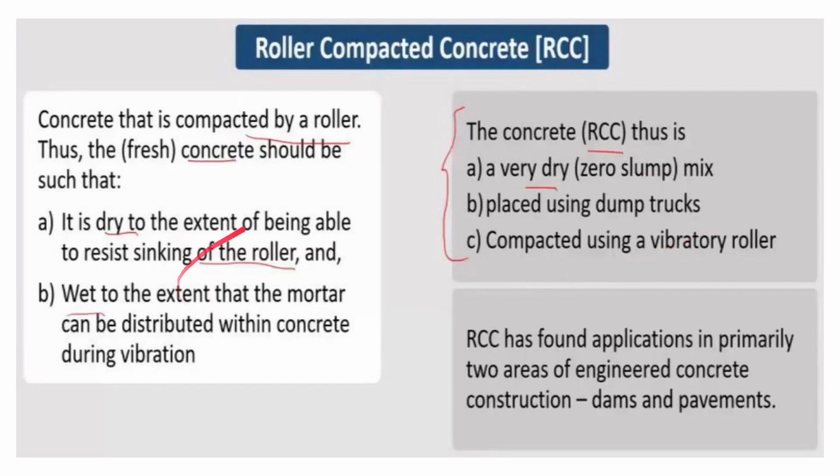And what is it all about? Concrete that is compacted by roller is called roller compacted concrete, RCC. The fresh concrete should be dry to the extent of being able to resist sinking of the roller, and wet to the extent that the mortar can be distributed within the concrete during vibration. So it should not be too dry,